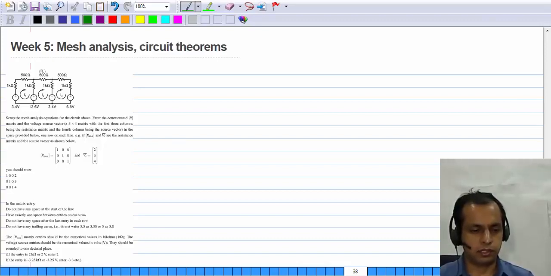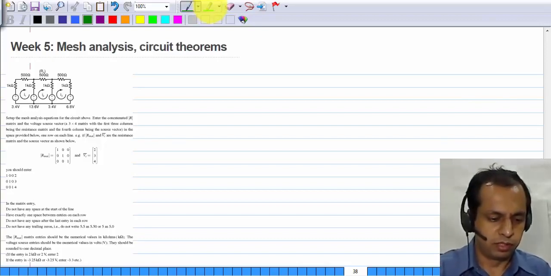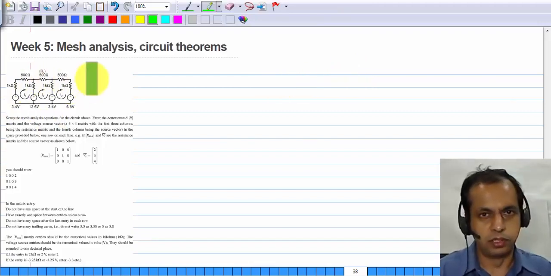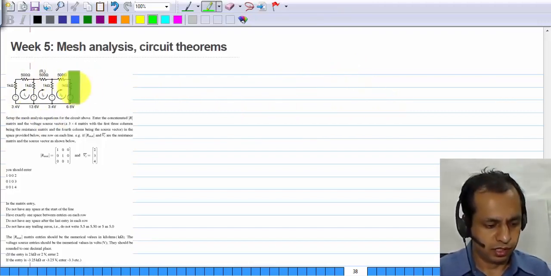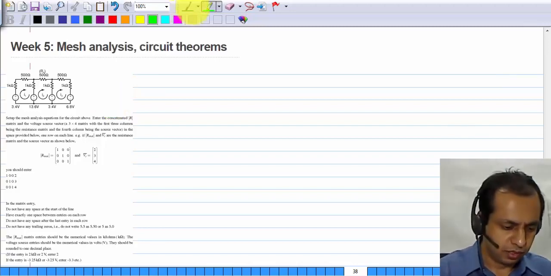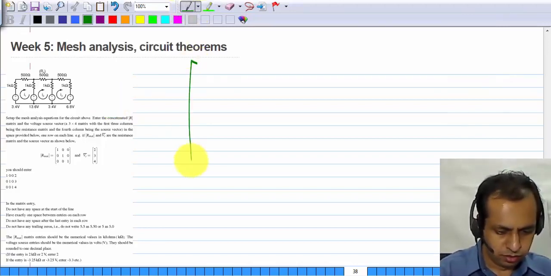We'll now discuss the fifth assignment on mesh analysis and circuit theorems. The first question is about mesh analysis. It has resistors and voltage sources, the case that is easiest for mesh analysis. There are three meshes which are marked, and